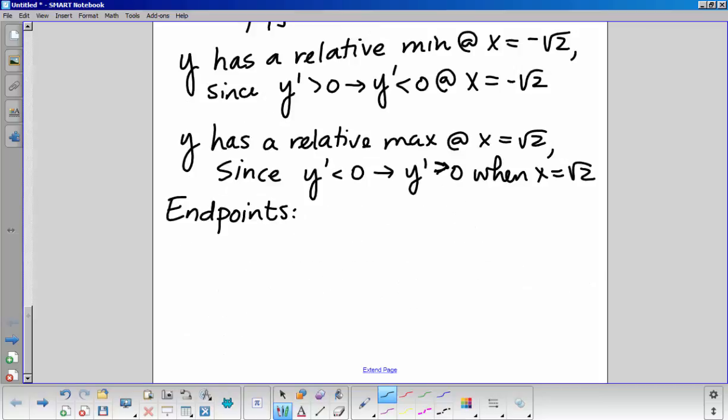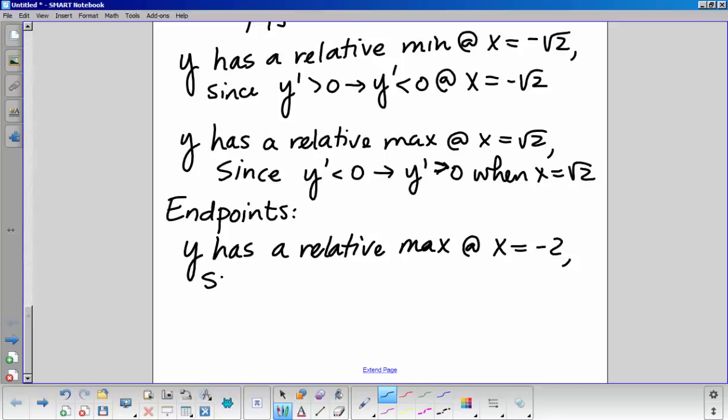We said y has a relative max, is that right? At x equals -2, since y prime is less than 0. How are we going to say that? To the right of? After? I'm going to say after x equals -2. Does that make sense to everybody? Yeah. You're decreasing from -2. So if you're decreasing from that point, that has to be a relative max. And then y has a relative